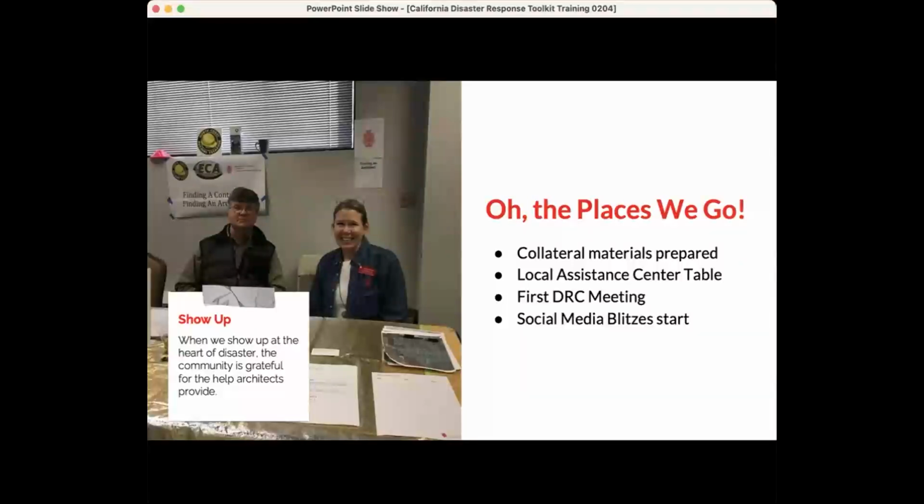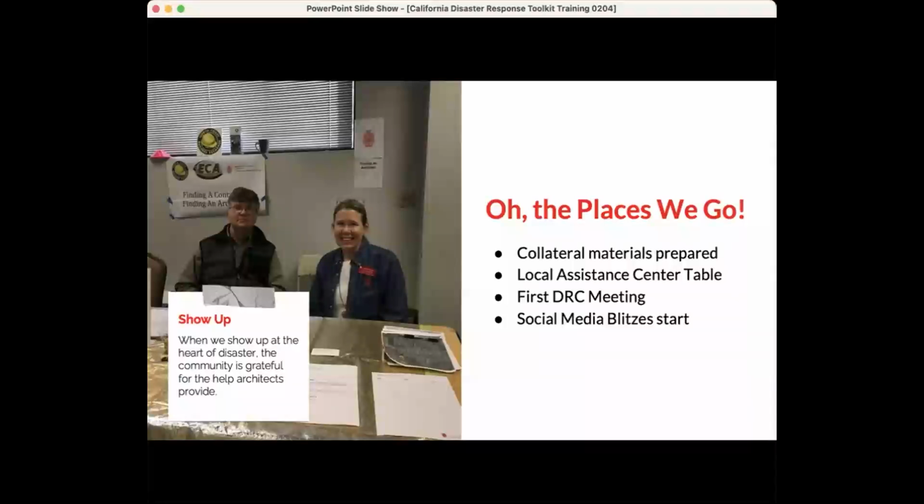In the LAC, the chapter must have waiver sign-in forms to protect volunteer architects from liability. We have an example of this in the toolkit. Also, the table should have generic business cards with the component logo and contact information. Architects cannot be in the LAC if they start handing out personal business cards. Architects cannot be ambulance chasers inside a government operation, just volunteer helpers. The chapter can include other chapters in the call to get volunteers for manning the AIA table